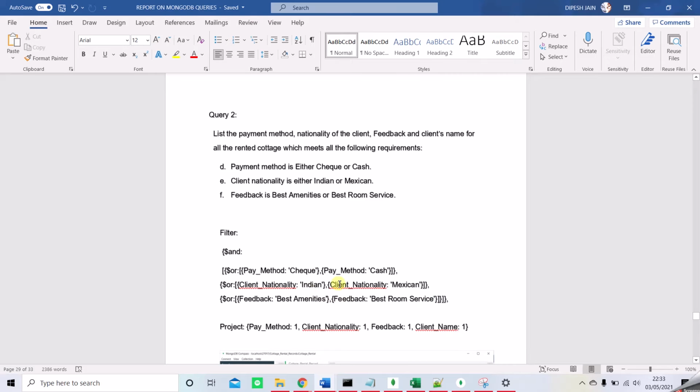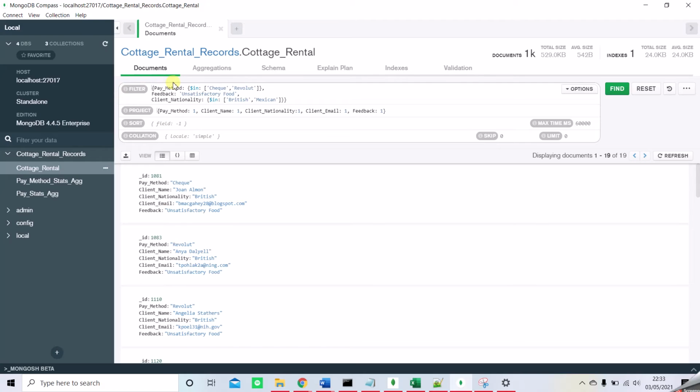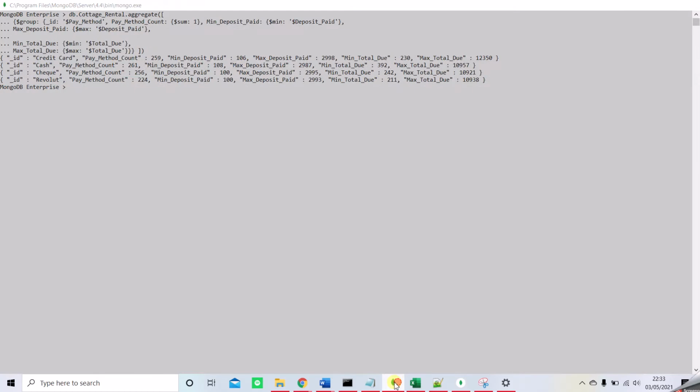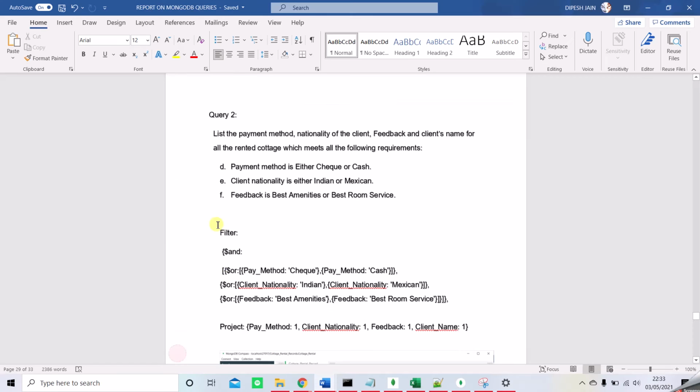So here we have the filter, and for the display we have the project here, where we have projected the payment method, the nationality of the client, the feedback, and the client name as required in the query. So we would go in the MongoDB Compass, and here we will mention the exact same thing as it is written here. Like in the filter we will write this,